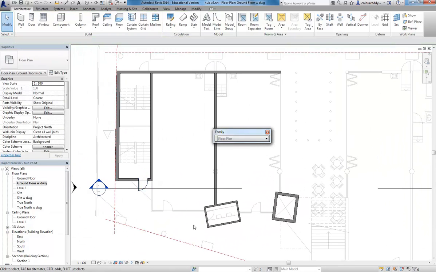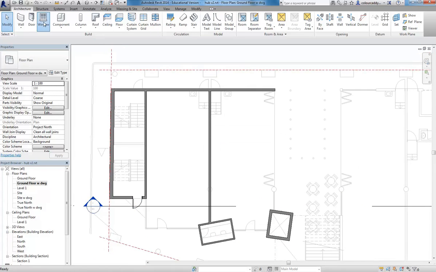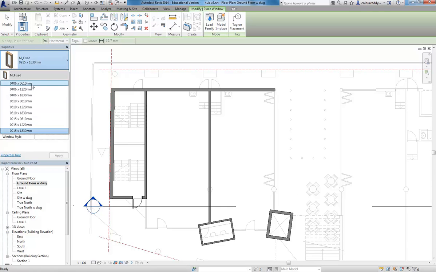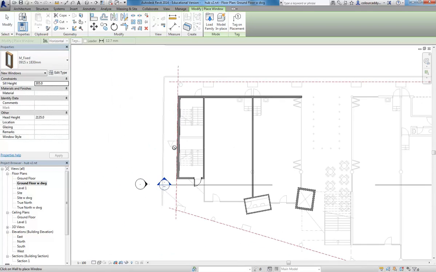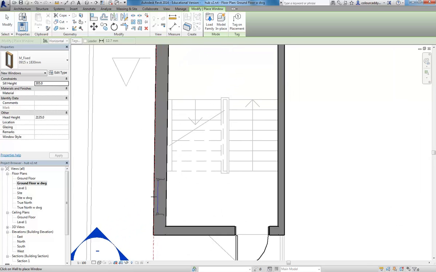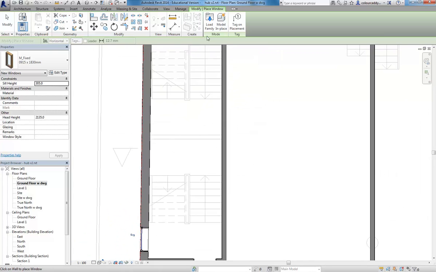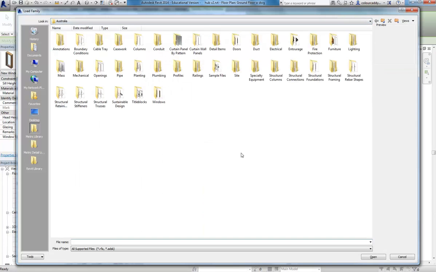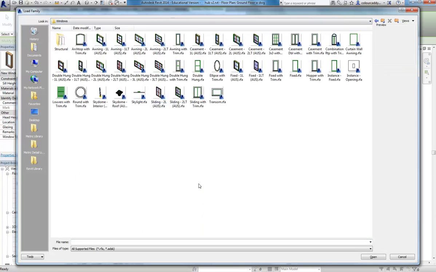So windows basically work the same way. Okay, so with the window tool, again, you'll just have the one family loaded initially, and then the different sizes, and it's a really useful family actually because that's your main fixed window. And so again, I'll just place one of those randomly. Just like doors, you can go to load family to get new ones. And the Windows folder here is actually pretty good as a starting point because we've got all the main kinds of windows. And so, say sliding or